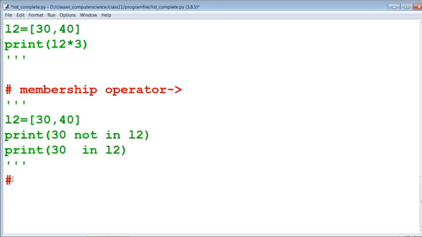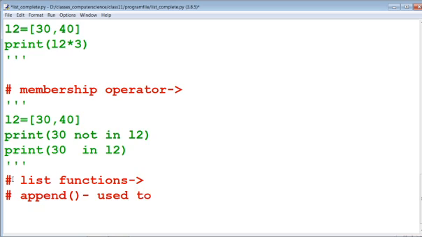Now we are going to talk about the list functions or methods. First one is our append method. Append method is used to add an element to a list.